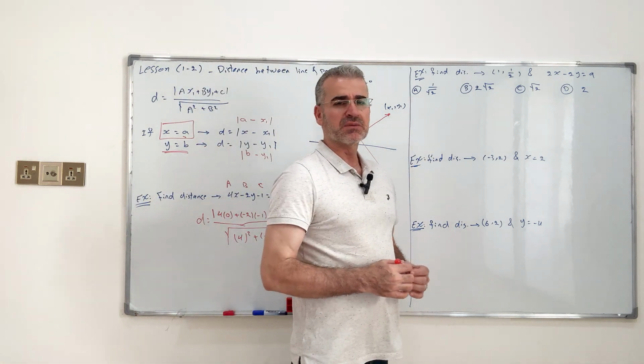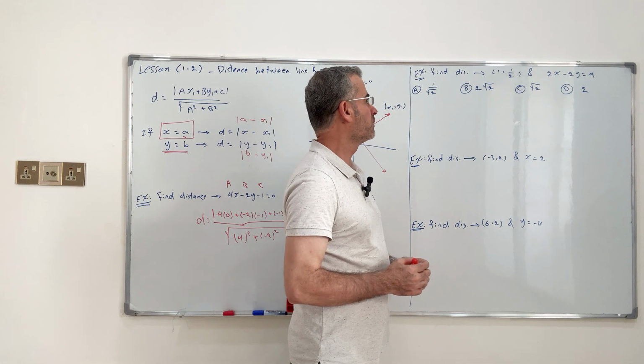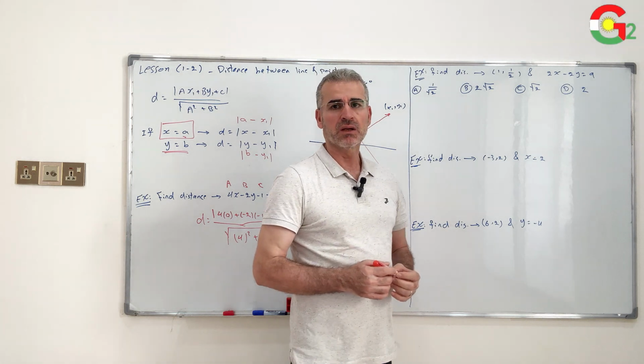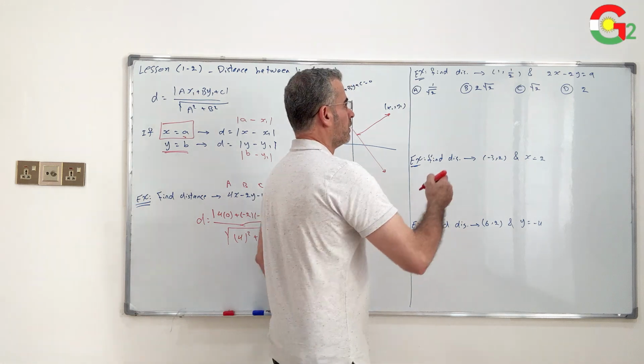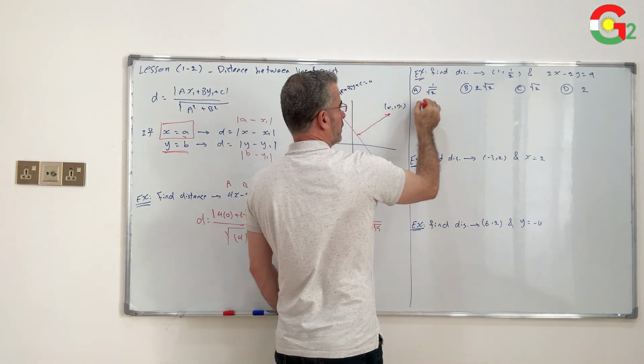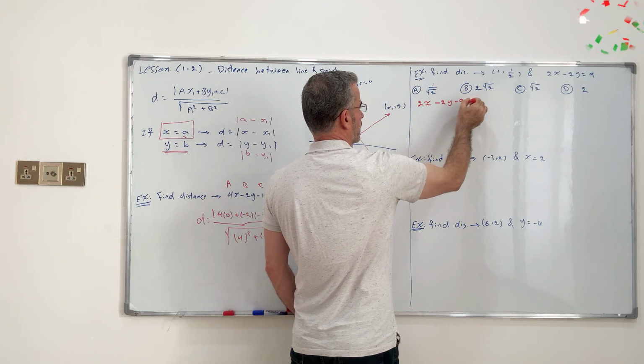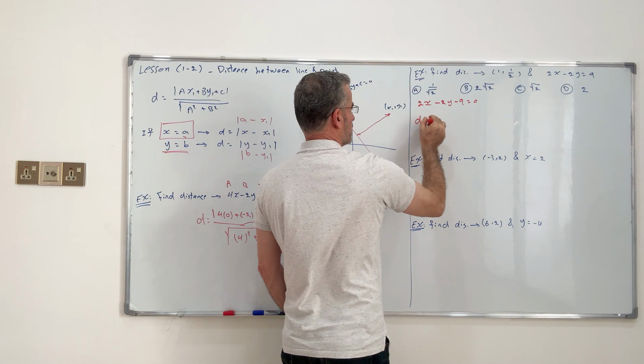Example, find the distance between the point 1 and 1 half with the line 2x minus 2y equal 9. Rewrite this equation in general form. It will be 2x minus 2y minus 9 equals 0. Then the distance equal to